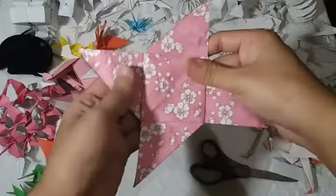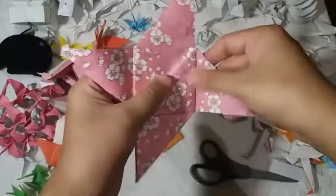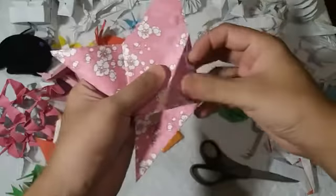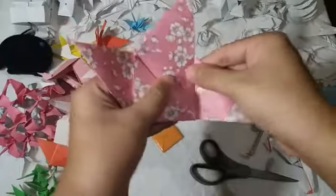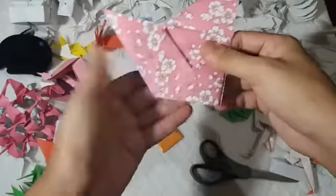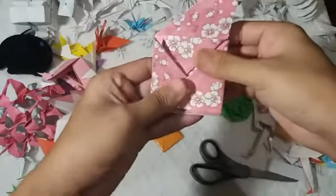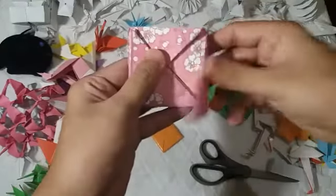Okay, so you're gonna flip it at the back. Okay, so at this part we're almost finished. We're just gonna tuck all the triangles to the middle. So we just fold it like that. Okay, and then 90 degrees, just fold. Okay, 90 degrees, just fold. Okay, 90 degrees. Okay, here you can fold,